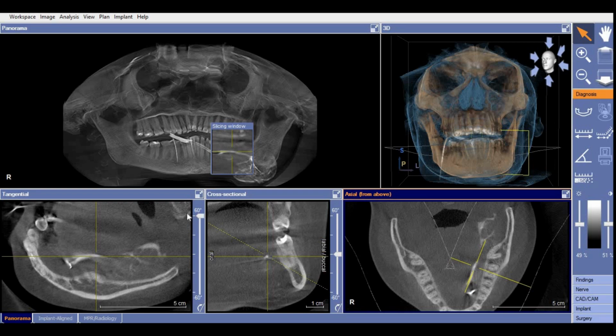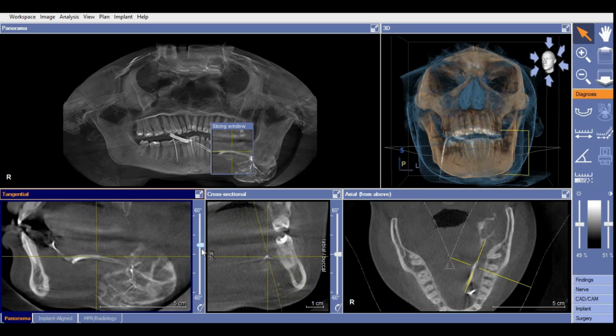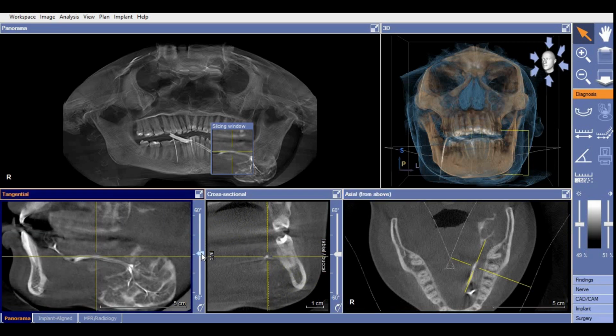Now we can change the angulation so that we can see the entire duct as well as the glandular architecture. You can see here, till here we have the sialographic cannula, and from here the orifice begins. Then we have the distal portion of the duct, then the duct goes all over here, runs posteriorly, and is joined with the submandibular gland.